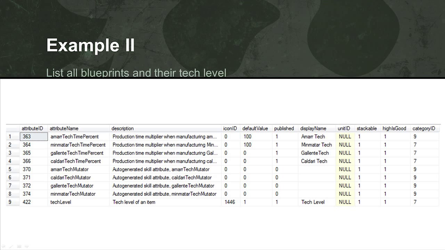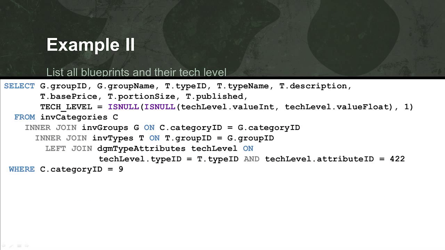To make this more convoluted, we also have a table called dogma type attributes. That is not to be confused with dogma attribute types. One denotes the types of attributes, and the other is the attributes of types. It makes perfect sense, doesn't it? All right, so now with this, we actually can get the tag